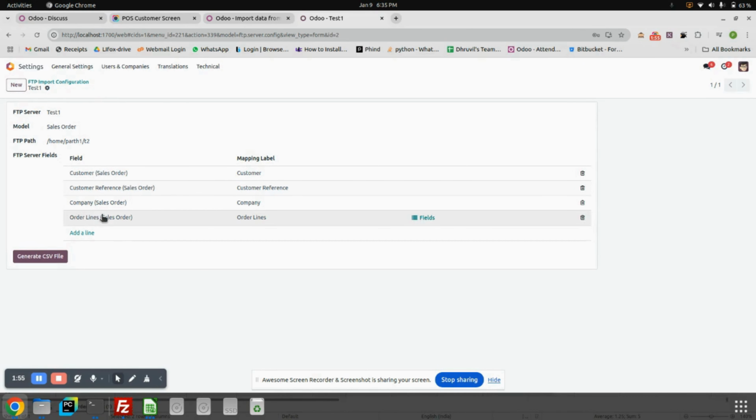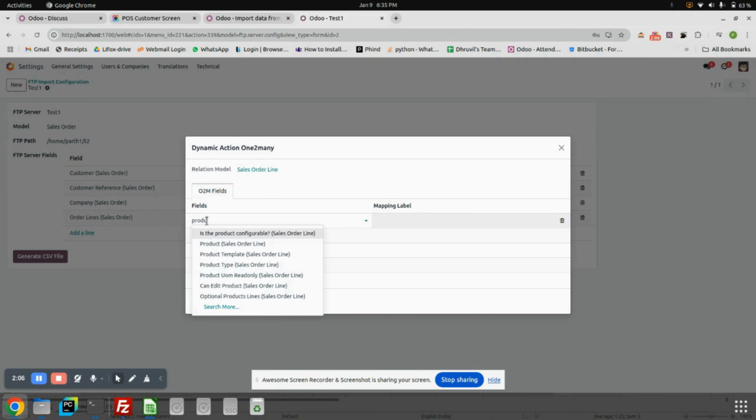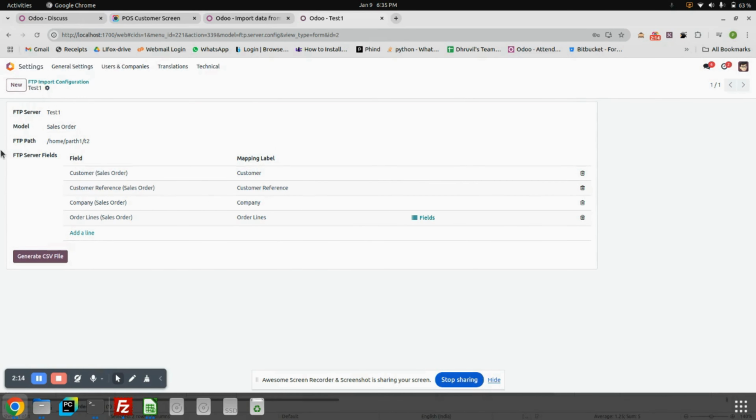After saving it, we can see that in order lines we have one field over here, and when we click it, we go into the order lines and we can add a few lines over here. I will add product and quantity, and we will save it. After saving this, we can generate a CSV file by the generate CSV file button. When we click it, it will create one CSV file. We open it